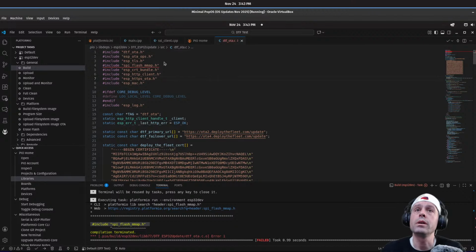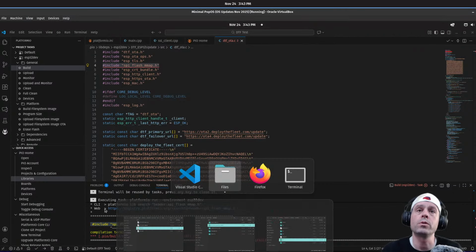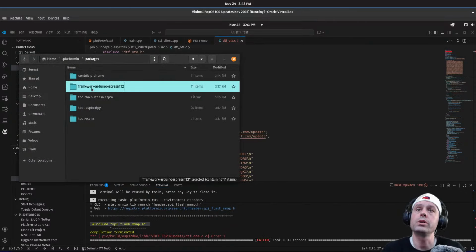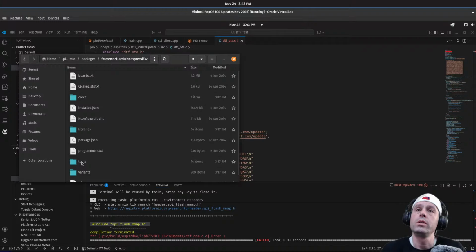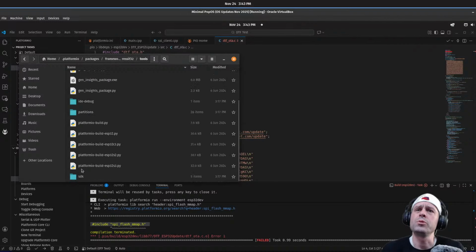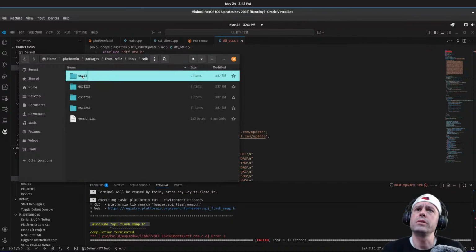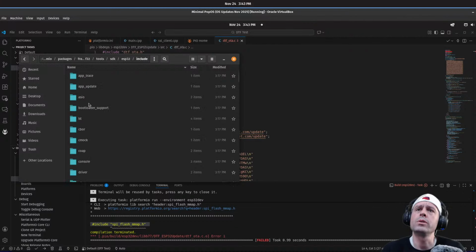And you will see I have included SPI flash mmap, and the build system for PlatformIO is saying I don't know about that header. And we've already shown, for those that weren't paying attention earlier, we come back over here to packages, framework Arduino, I think it was tools, SDK, ESP32 include.